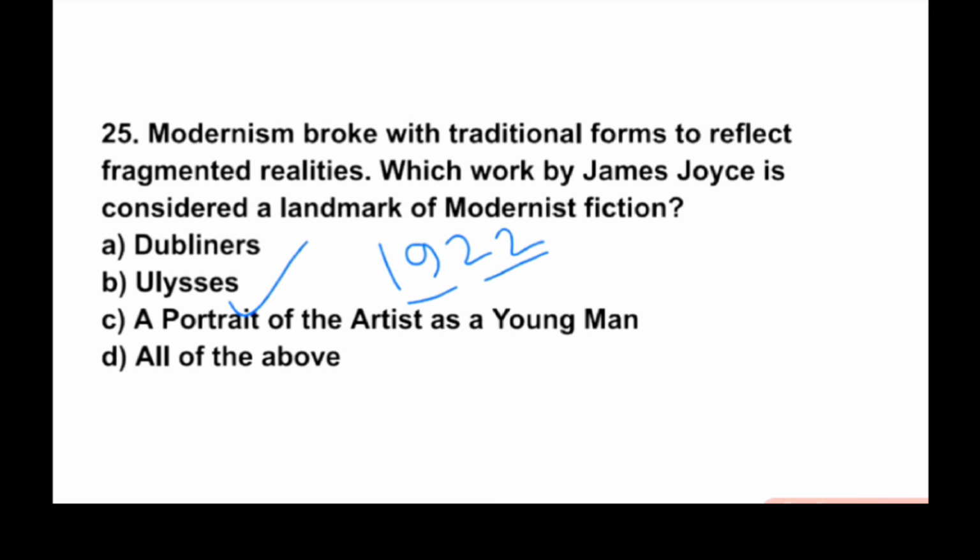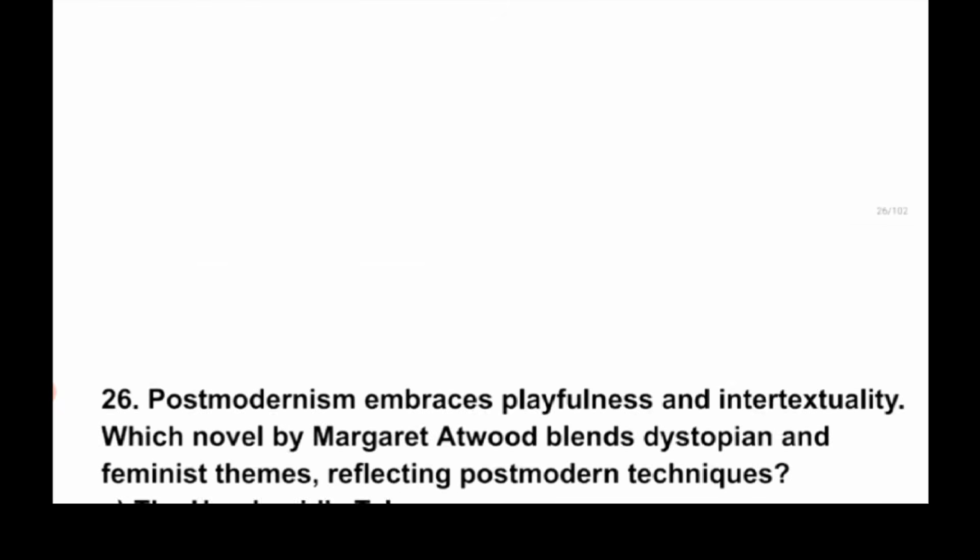1920 नहीं, 1922. Ulysses, 1920 नहीं 1922, means this is a trick. It uses stream of consciousness and mythic parallels, making it a cornerstone of modernist literature. Next,